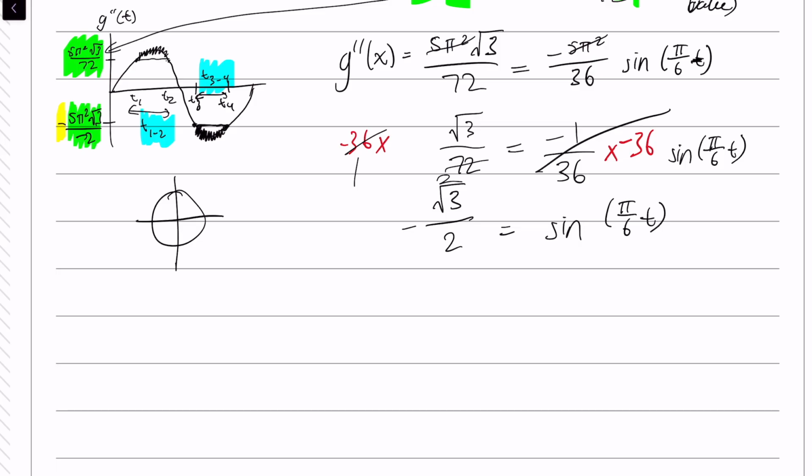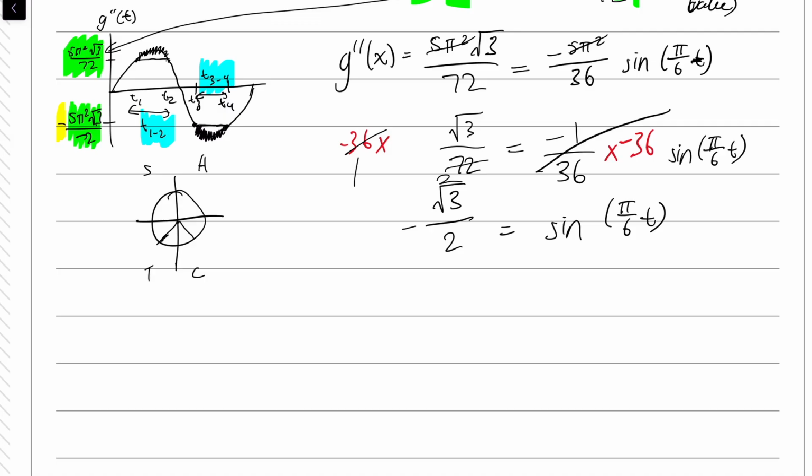So if we use the CAST acronym, we know that sine is going to be negative where tan is positive and where cos is positive as well. Only cos is positive. Okay, and so essentially it makes sense because the y values on the first and fourth quadrants,